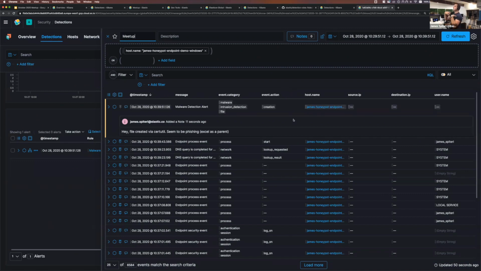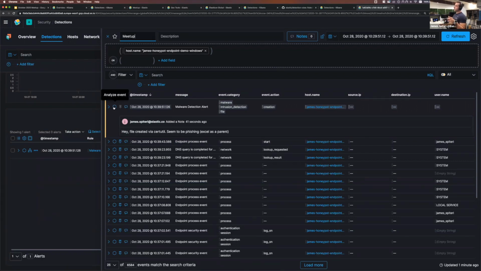What I want to do now is make other members of my team aware about it, because there's stuff running on that endpoint which is potentially malicious. We should clean it up. We should take further activity. And what we have available to us is the concept of cases. So I can open up a case or an incident response, whatever you want to call it.